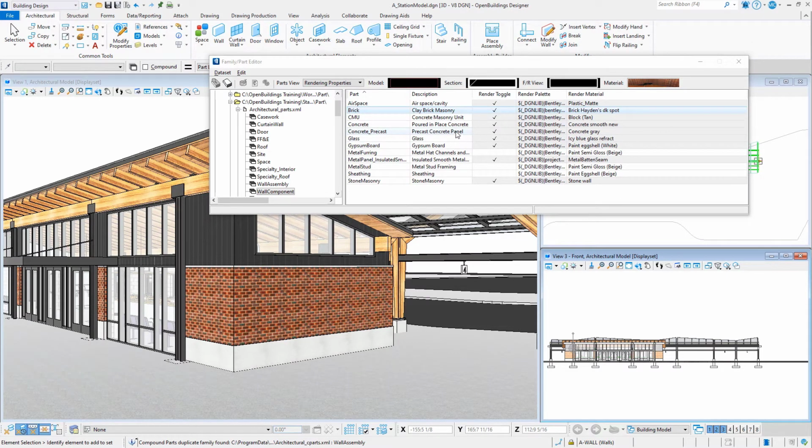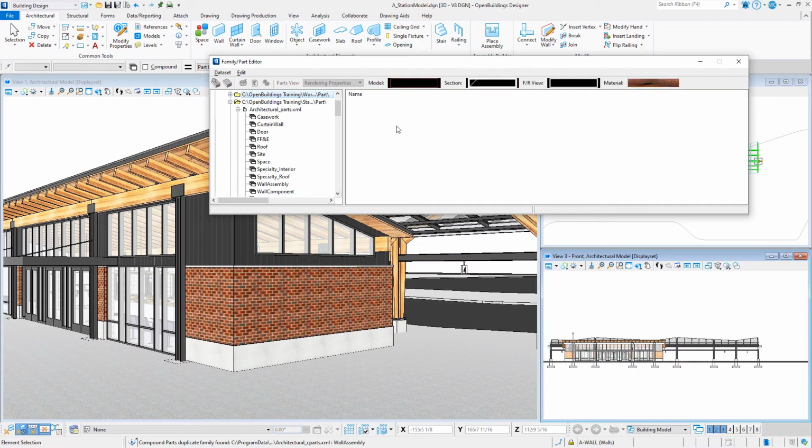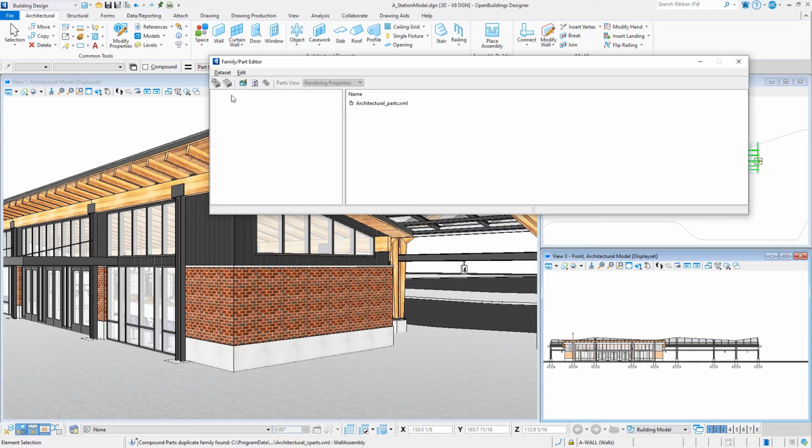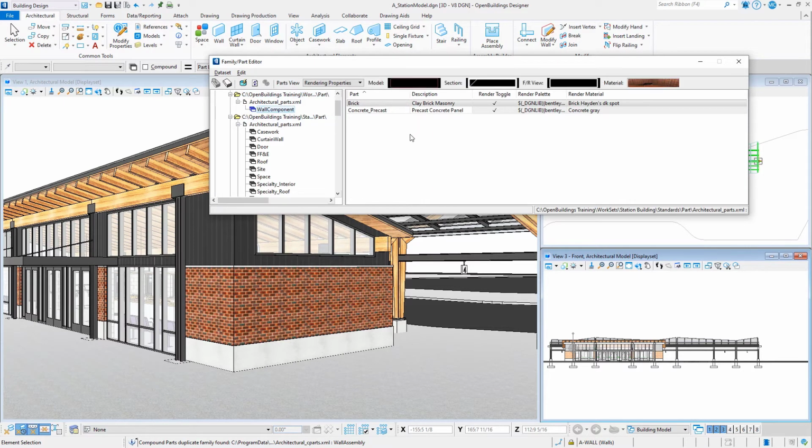So this is a case, just like Mark's been doing, where I'd want to select the parts that I want to change, and copy them up to my work set folder so that I have those parts at the work set level, where I could modify them and only affect my project. I'm going to do this exact same thing for the curtain wall.